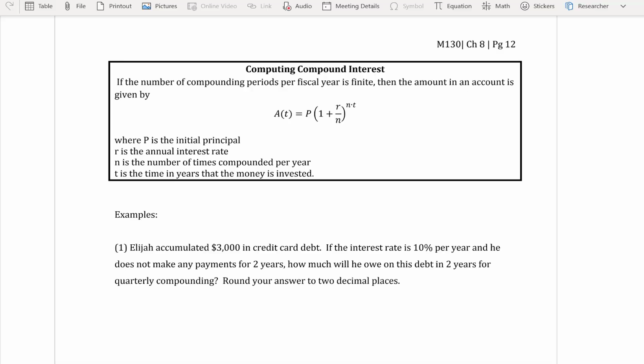So on page 12 of our lecture for our Math 130 students, we have computing compound interest. So here, compound interest refers to the compounding periods that happen per year. So let's just think about this for a second. If we have something that happens annually,